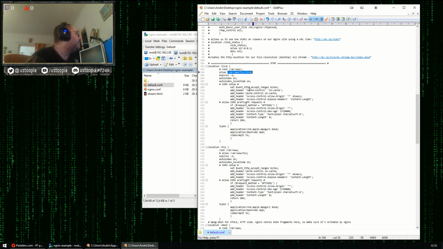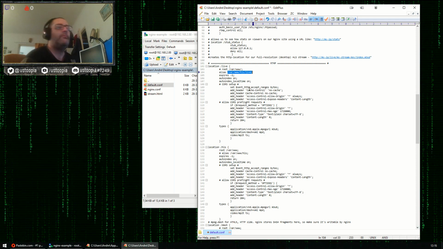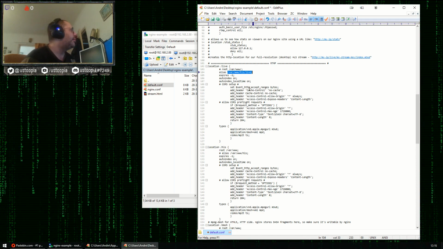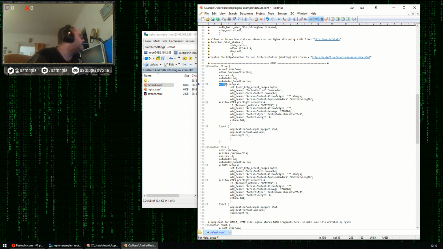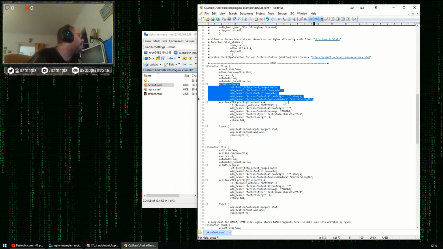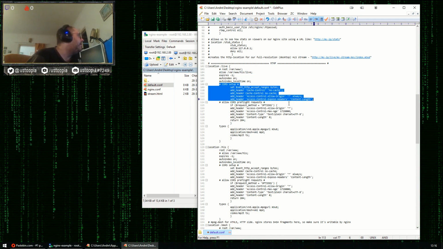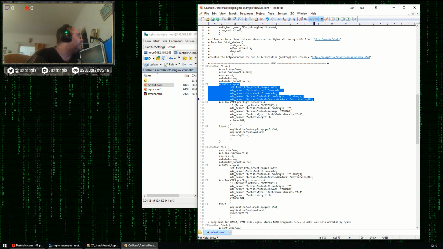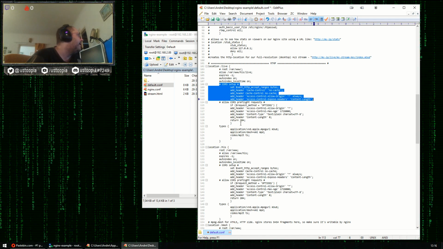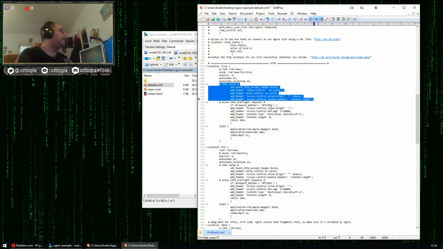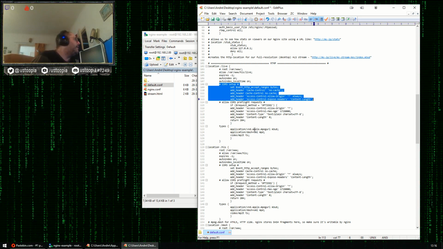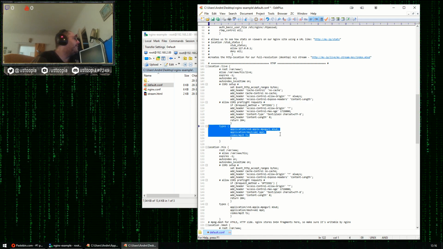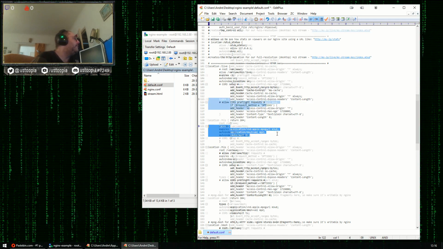Also, you have to disable caching if you want HLS to work properly, and that's done by these configuration strings. Just copy them. You don't need them all, but I added all the things I could find that will disable caching. This is also important, the types of file that it will contain.